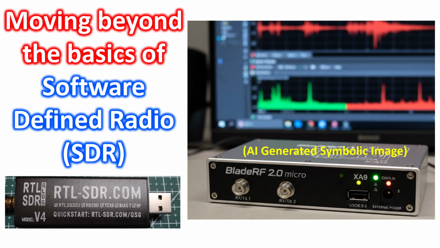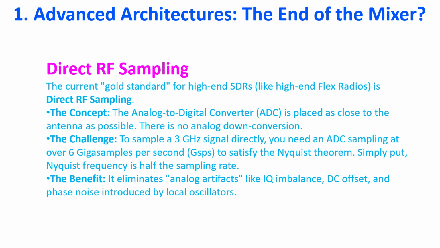In 2026, the field is dominated by the move toward all-digital front-ends and the integration of AI for real-time spectrum management. Traditional SDRs like the RTL-SDR, which I have shown, often use a superheterodyne or direct conversion,